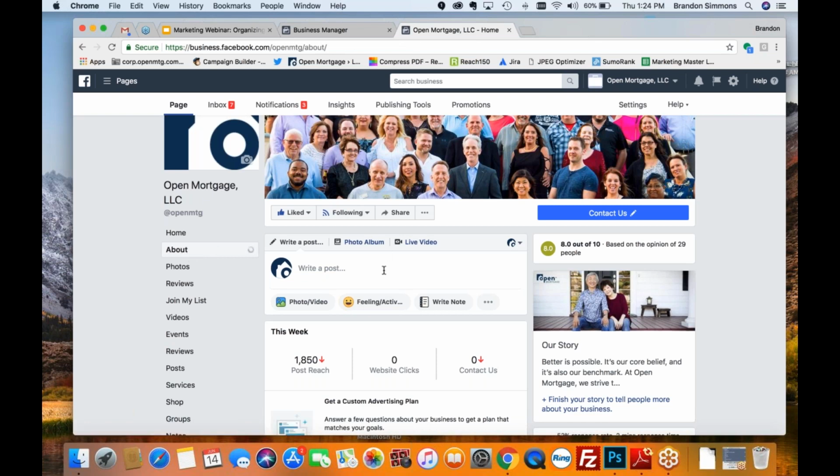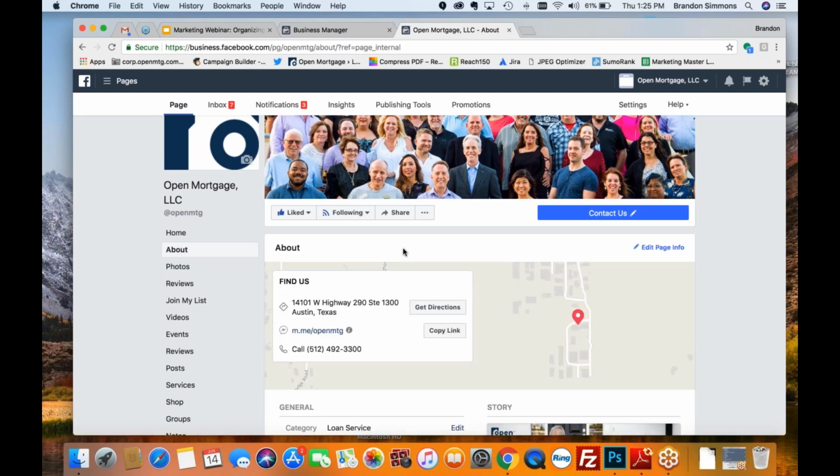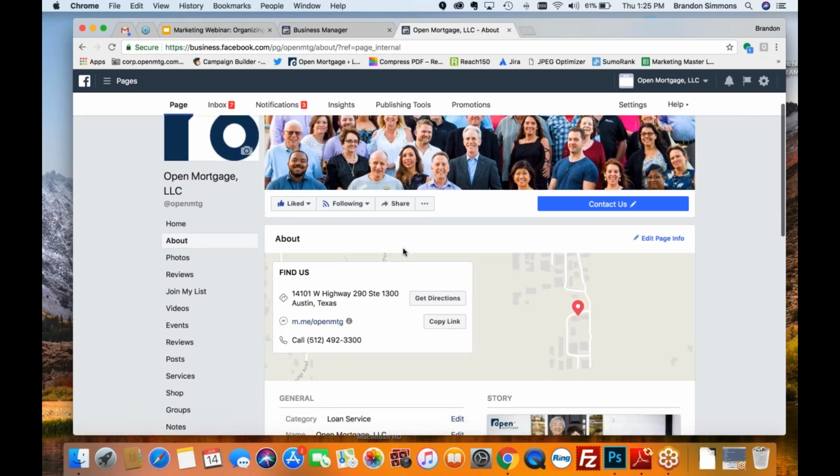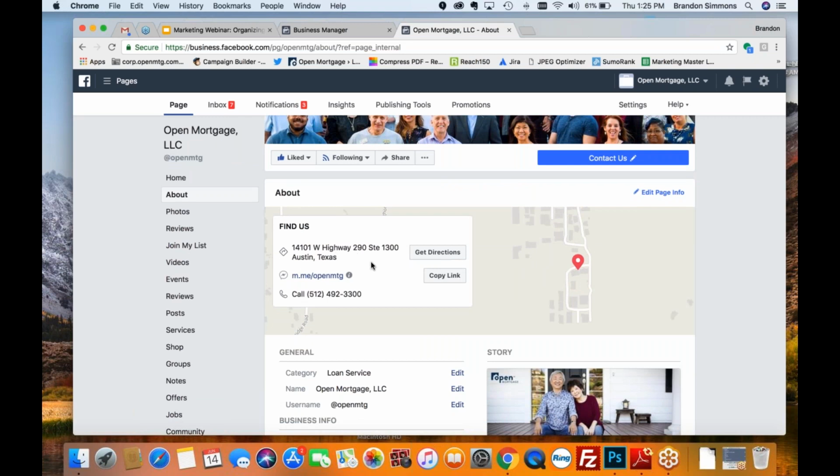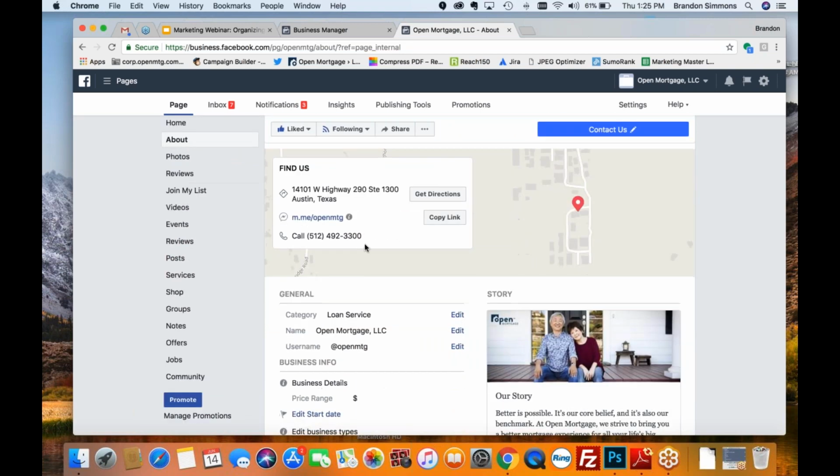It'll take a little bit of time to load up. Once it comes into the about section, it's pretty much going to show you basically all the stuff that is about you. It's going to show address. It might even show start date, long description, short description, either one of those. There we go. So as you can see, you have the address right here, branch phone number,